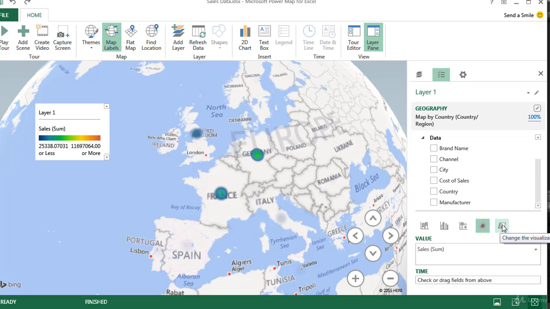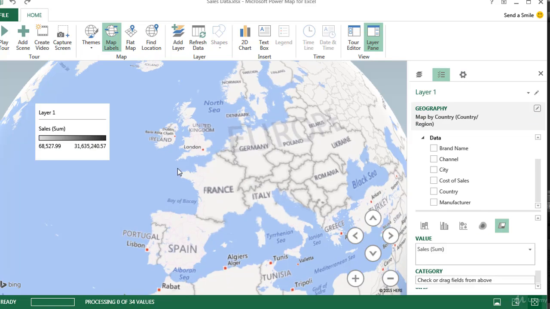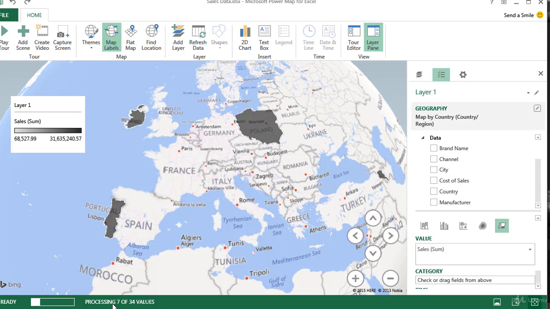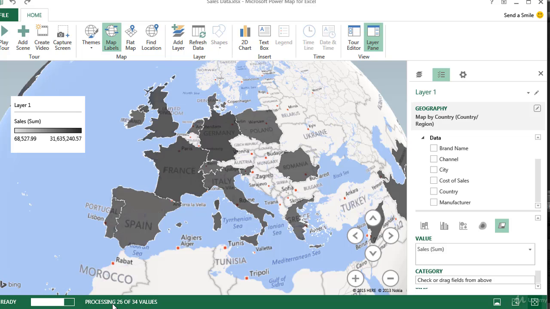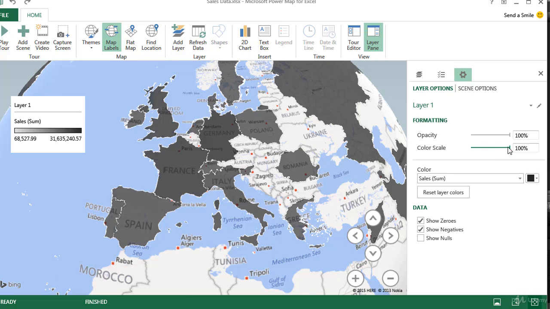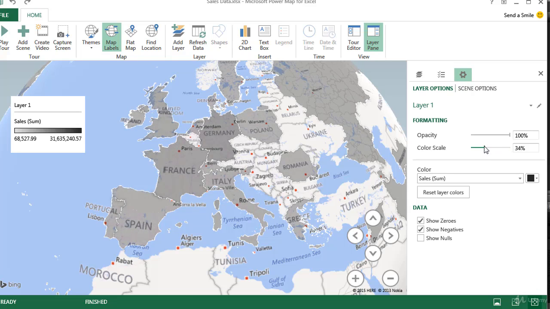The last one over here is to change it to the different regions. Again, you can see on my legend it's got the different coloring, and you can see down at the bottom it's just processing the different values at the moment. It's waiting for Bing to do the calculations, and as you can see now it's coloring in the different regions that we sell in with the sales amount according to it. As you can see at the moment, the sales goes from a dark color to a lightish color. Again, if we went to our settings, we could change our color scale